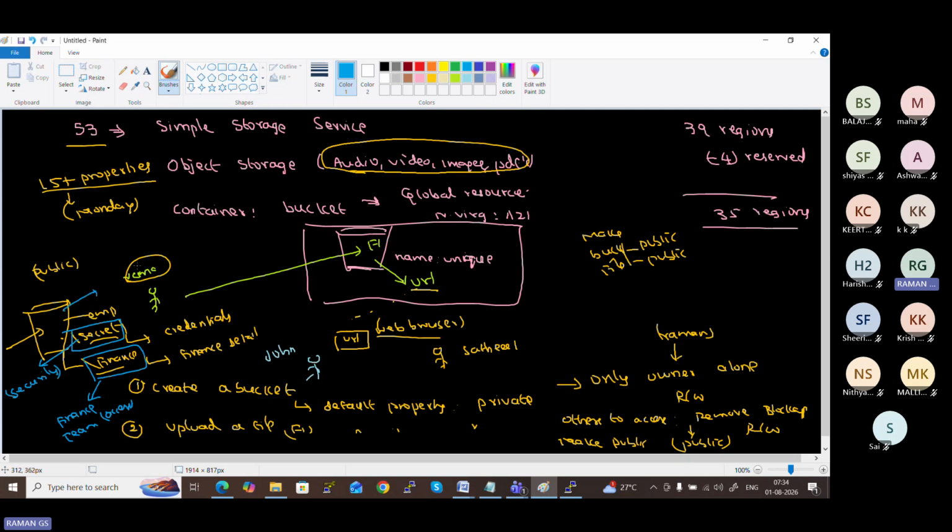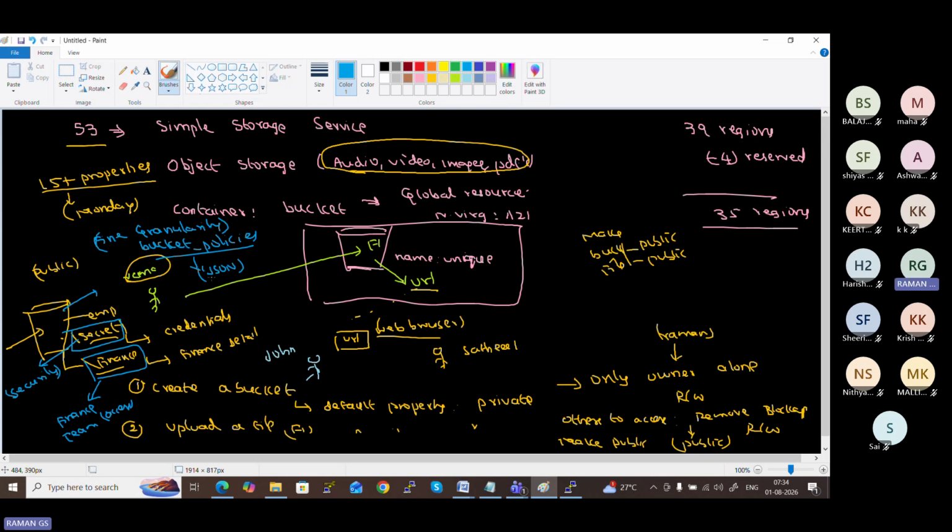Likewise, if you want to give fine granularity of permission, then you go for a concept called bucket policies. You want to create bucket policies. A bucket policy is in JSON format. At the time of discussion, I will let you know. This is for your understanding.